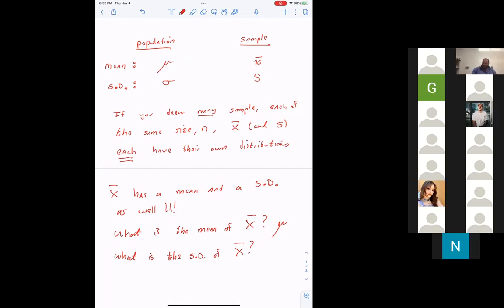Yes. So it turns out, without doing the math, I just have to give this to you because unfortunately in statistics, there are so many things that it would be awesome to prove that you guys just as a whole are not ready for. But it turns out that the standard deviation of X bar is the underlying sigma, the underlying standard deviation of the population, divided by the square root of n. So that as n increases, the spread decreases and I hone in on the true value.